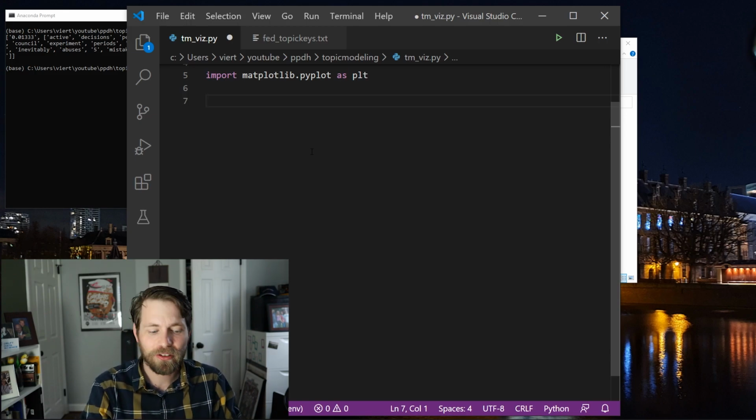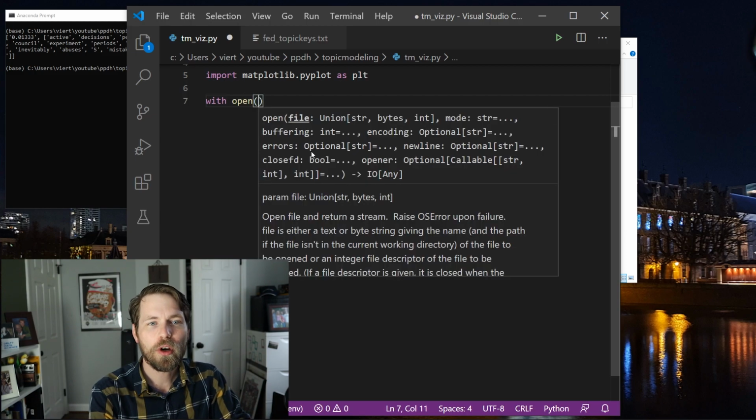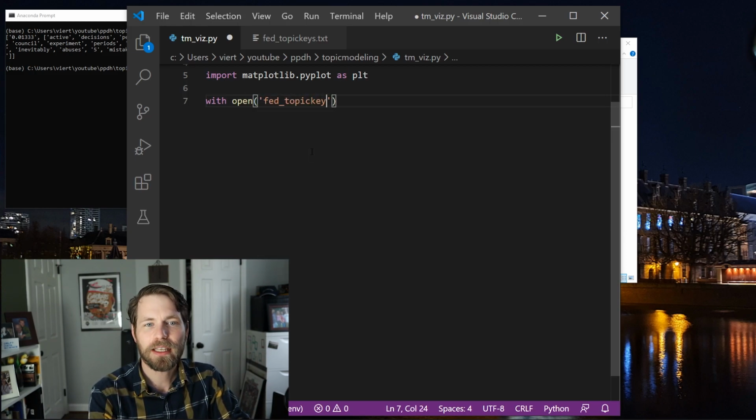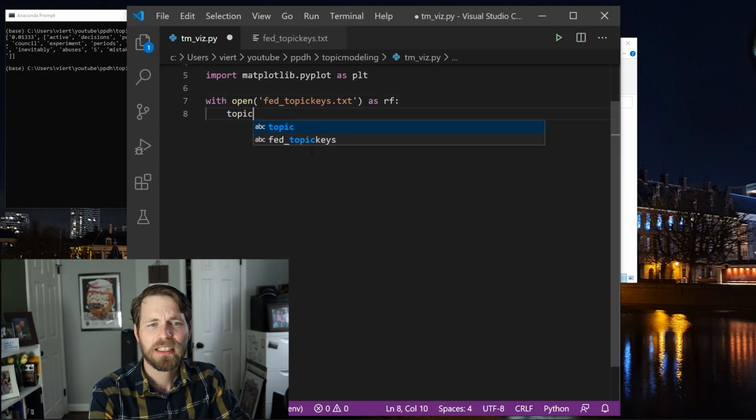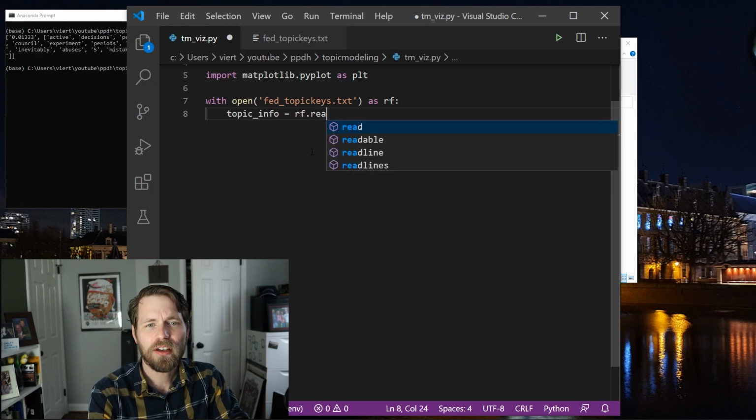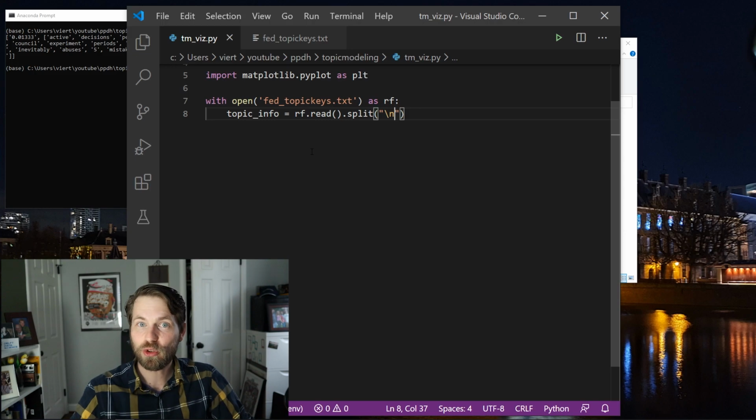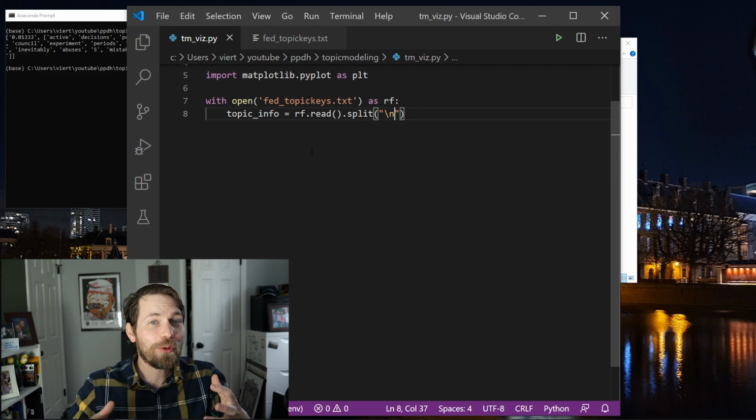So I can do this pretty simply, and I'm going to use a context manager to open this. So with open fed topic keys.text as rf, and I'm just going to say topic info equals rf.read, and I'll go ahead and split it into individual lines. That way this will create a list in which each item is a line from that